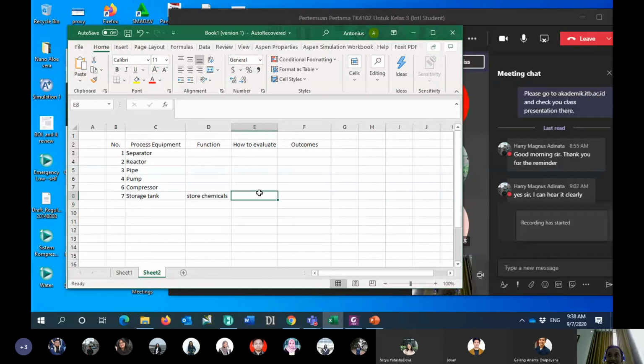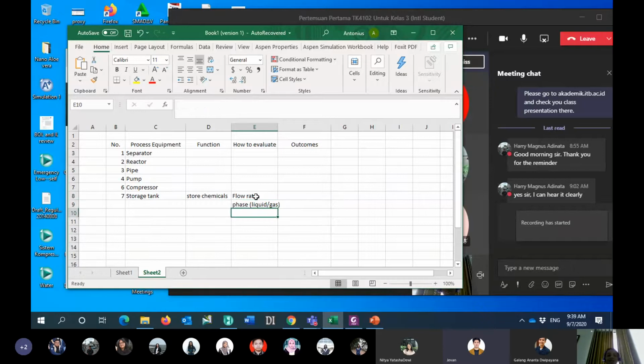If your boss asks, we need a tank, sir, and then the boss asks, what is the size of your tank? It depends on the flow rate. Okay, it depends on the flow rate. Depends on the phase, sir. Depends on the phase. You mean liquid phase or gas phase? Yes, liquid, gas, or solid. Or liquid, solid, silo. Or the gas phase.